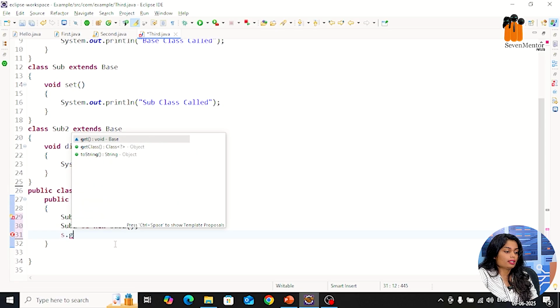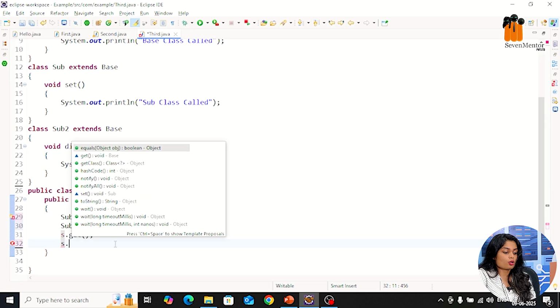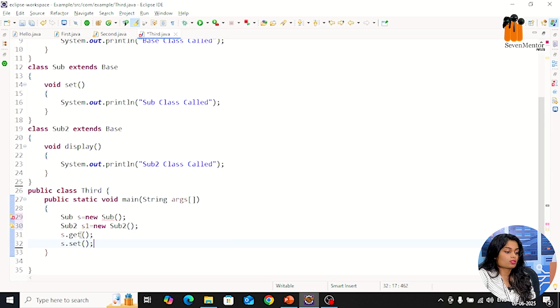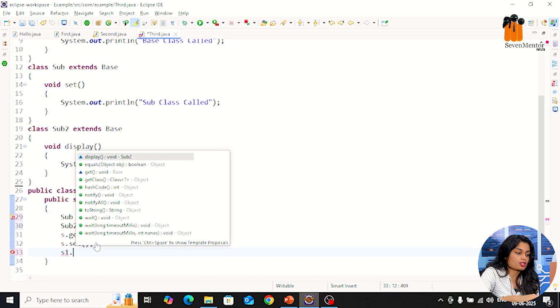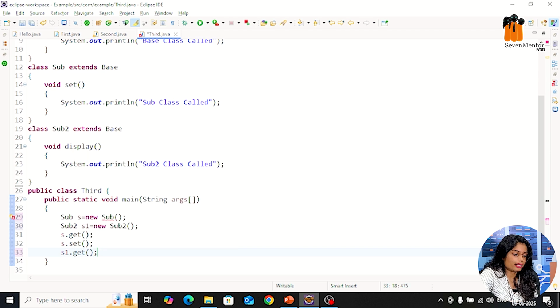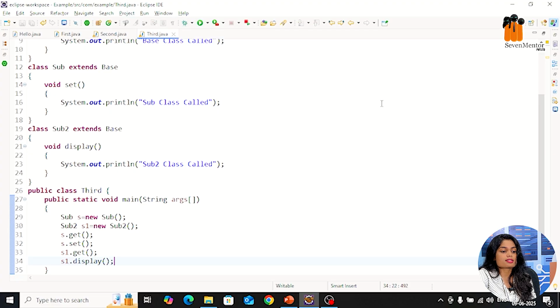S dot get, S dot set, correct? So this subclass has the get method and it can access the base class methods. Again for S1 dot, what is the method? That is get, and again S1 dot display. So those are the methods. You can simply call them and run this.